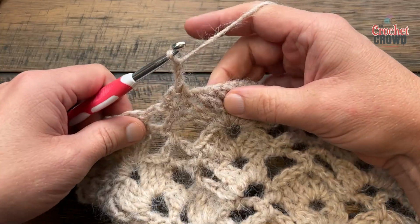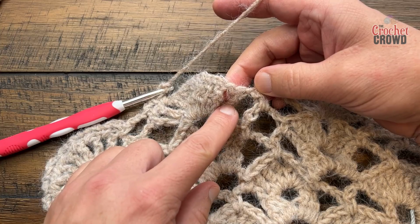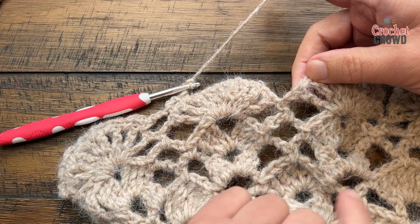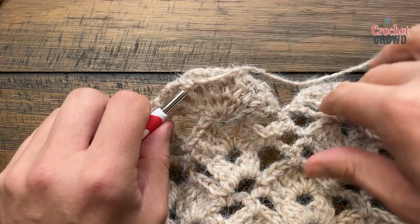Okay, so when you get to the end here, you're going to single crochet in the space before the last treble, chain 2, and then single crochet into the space after this treble, and make sure you're chaining 2 in between. Please do that, and I'll see you at the top peak in just a moment,